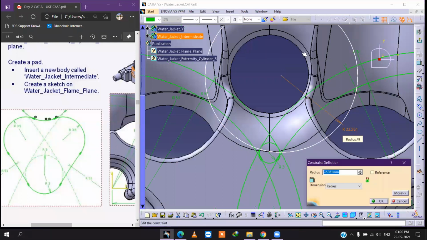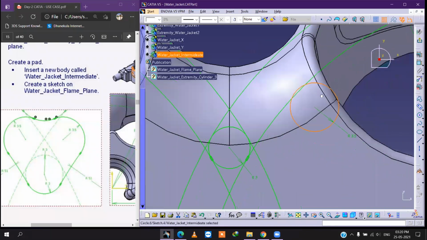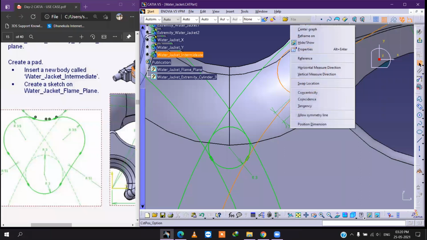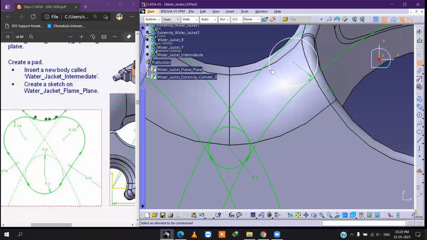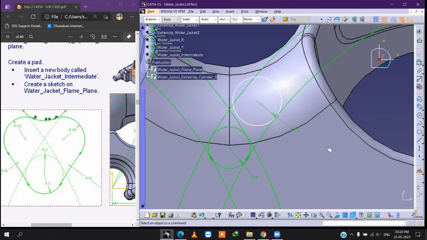Okay. And this one tangency. This one to this one also.